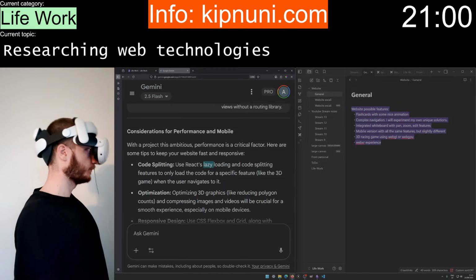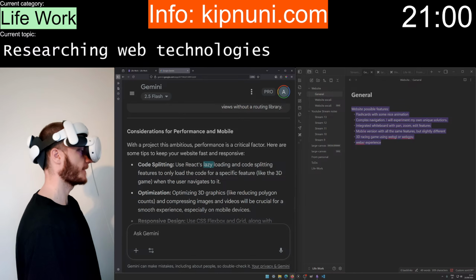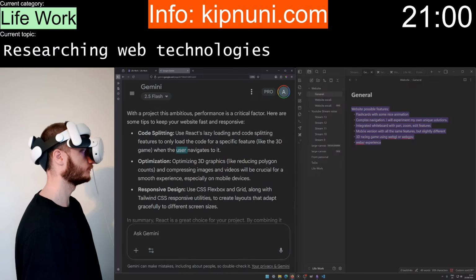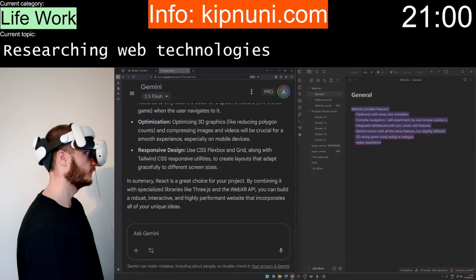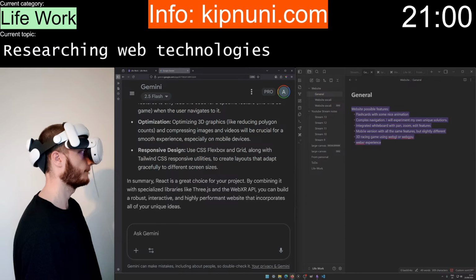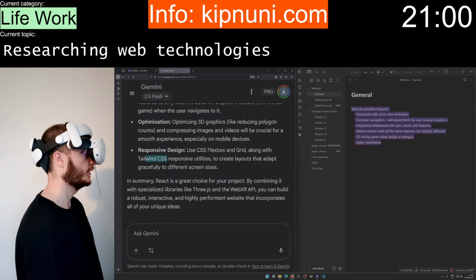Lazy loading. Yeah. Yeah, of course. Responsive. Tailwind CSS.